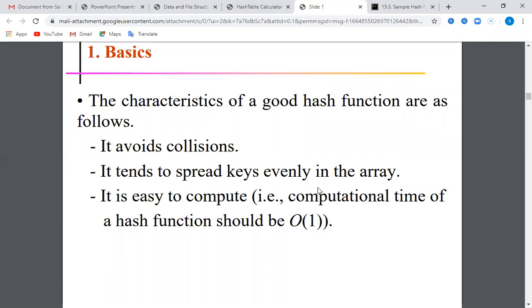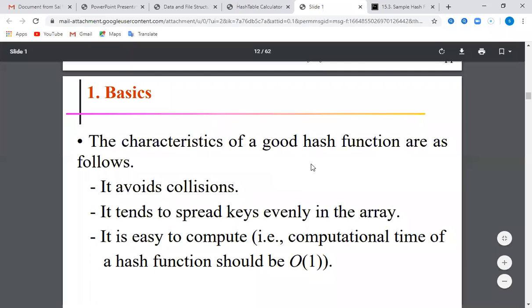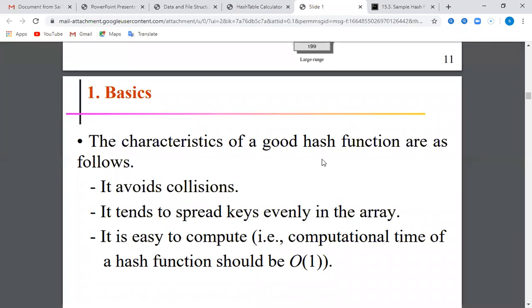So what is meant by collision? Okay, please mute yourself, all of you.